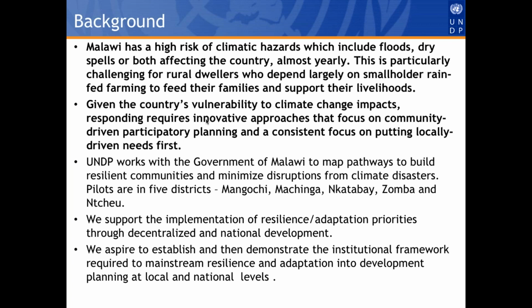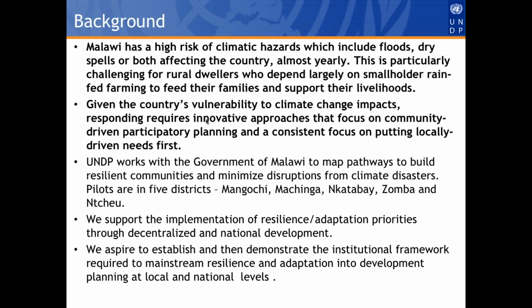I had mentioned that at least every year there will be a climatic hazard. It is either a dry spell, of course, largely agriculture drought, because of so many people depending on agriculture, and that is depending on nature. Sometimes there is a flash flood, which can also affect people's livelihoods in agriculture. So actually, in the season of 2015, 2016, almost half of the population was not able to get enough